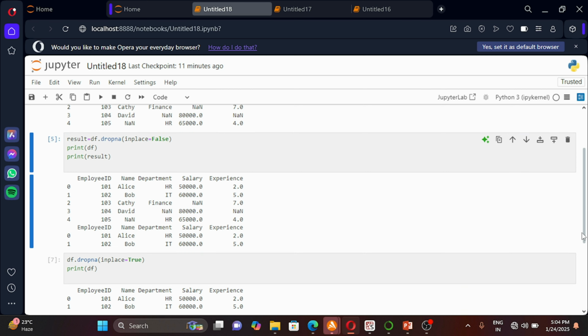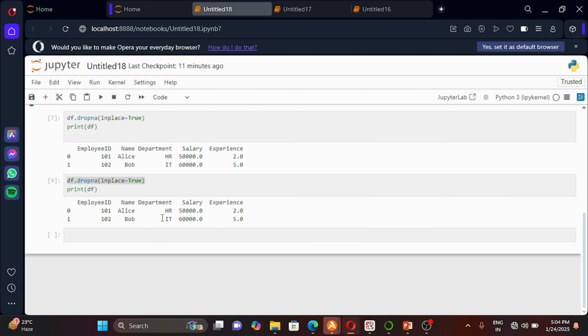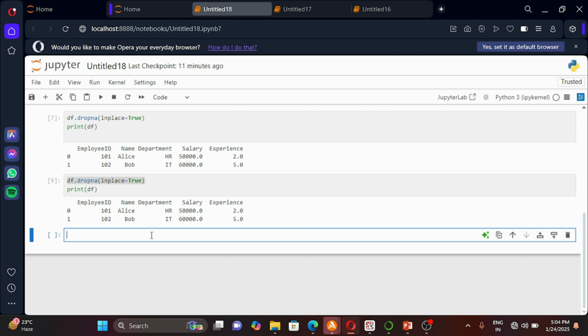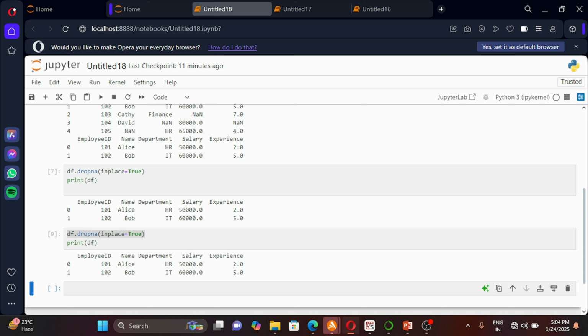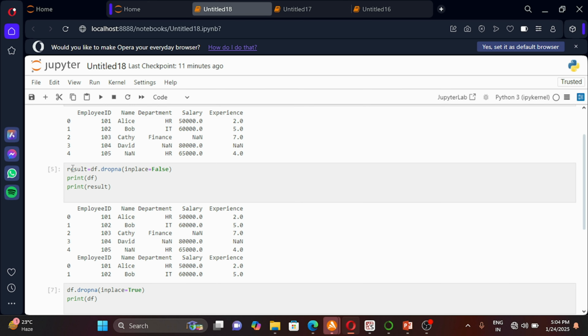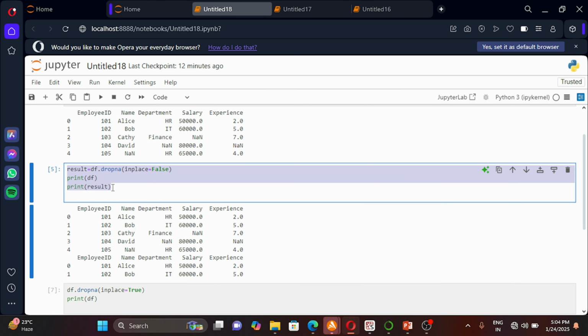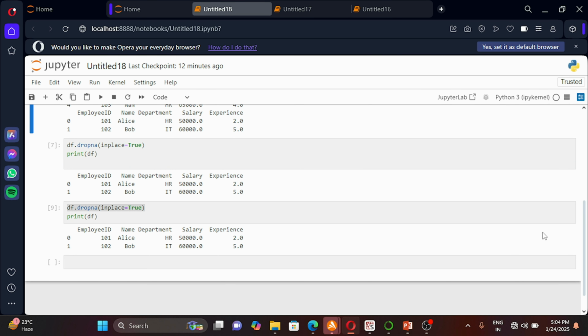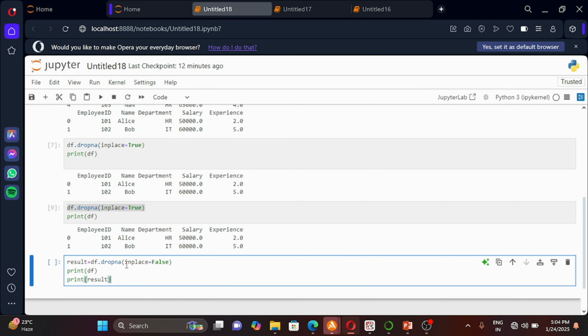Now suppose I'm going to use the new variable with inplace equal to true. Let me just go back and copy the statement here. If I'm going to use inplace equal to true, result equal to, let me just hashtag that.